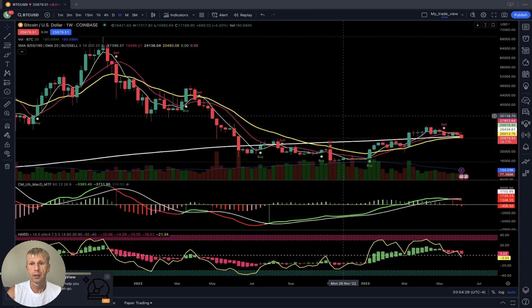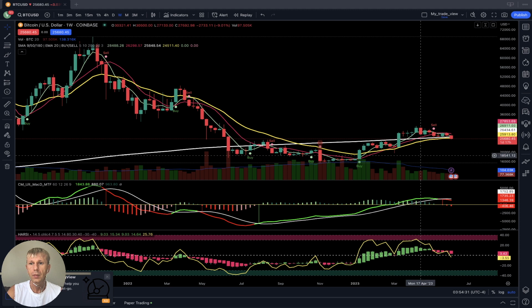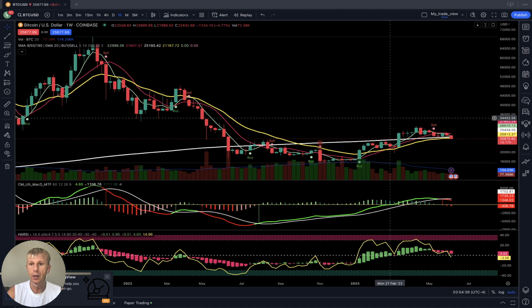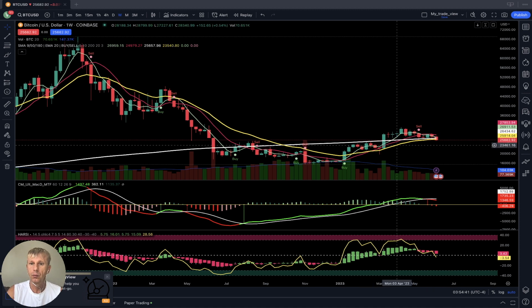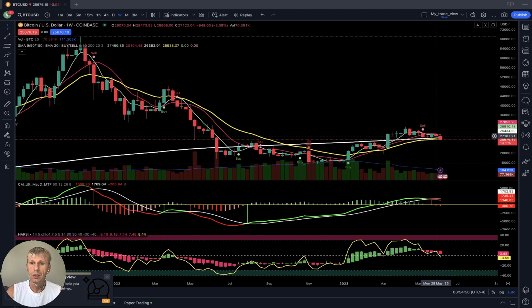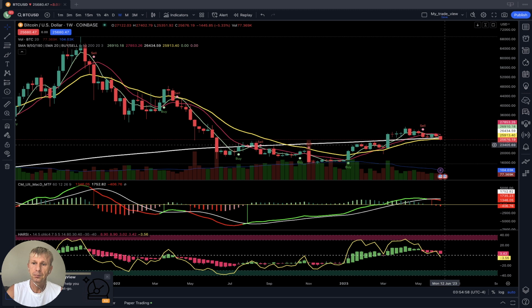Let's start with the weekly time frame. Look at that weekly time frame. MA 20 is still below 200. I told you before that when 20 is below 200, it is bearish territory. It's very weak territory. MA 5 and 10 both moved above 200. It was a positive sign. But recently, like 5 weeks ago, we received a sell signal. MA 5 did a bearish crossover over 10, and is ready to do a bearish crossover over 200 even.